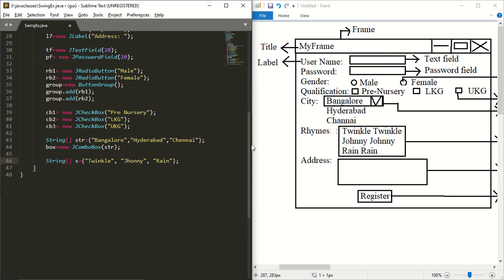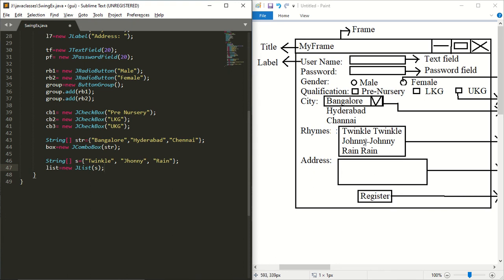Okay, these are the contents of the list. Now I will create a list object. List is equal to new JList of, I will pass this array, that is s. Now the list is created.